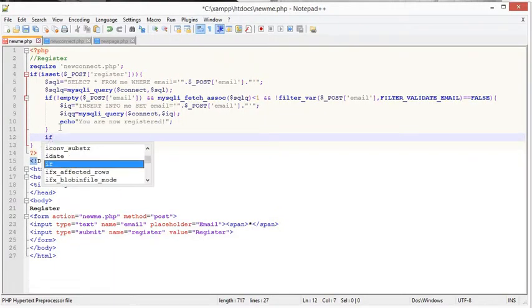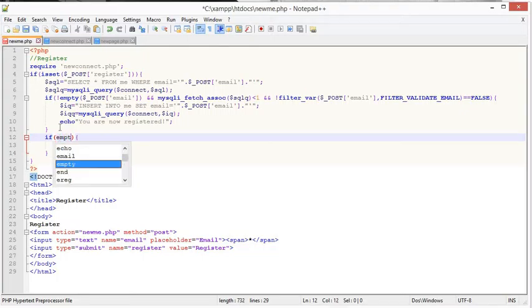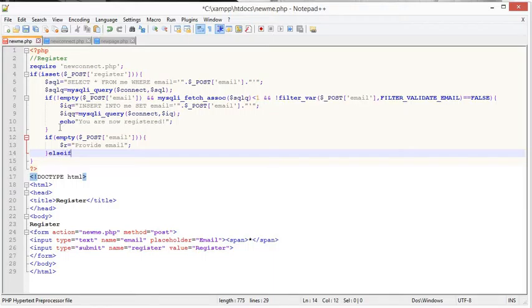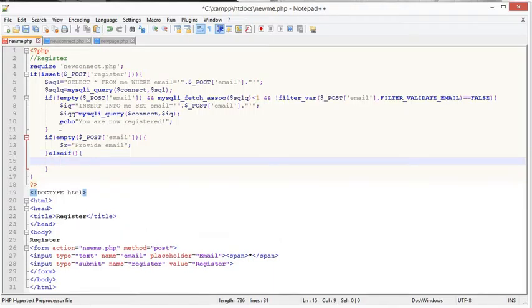Now, we're going to make an if statement, and we're going to say if it is empty, the email input, what do we want to do? We're going to make a variable r equal to provide email. If that's not a problem, else if